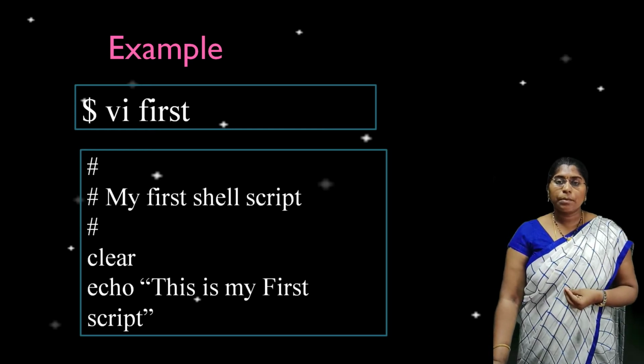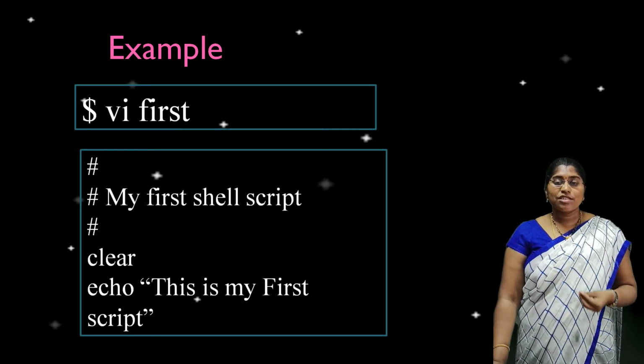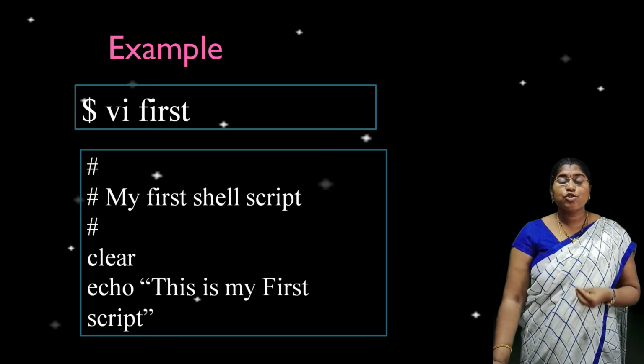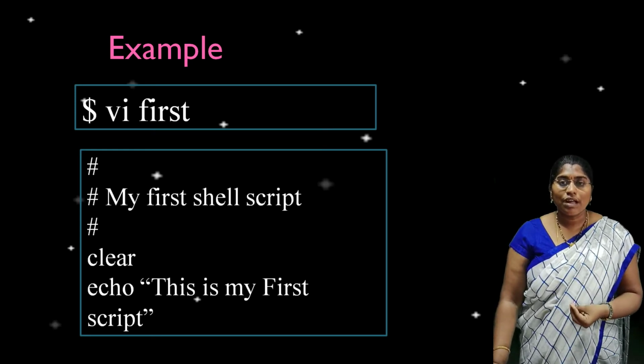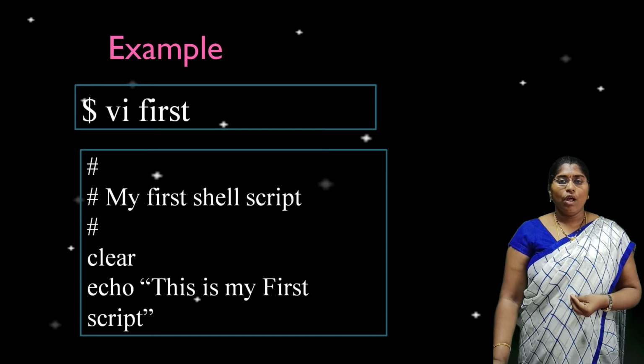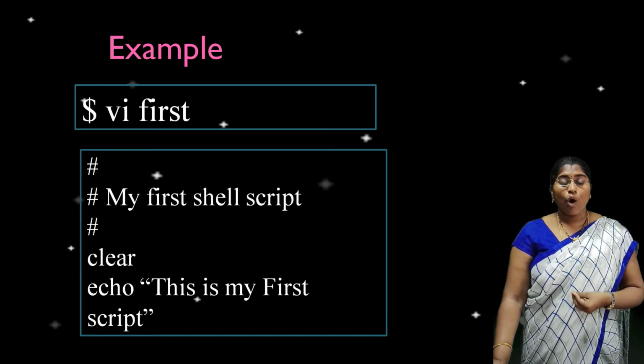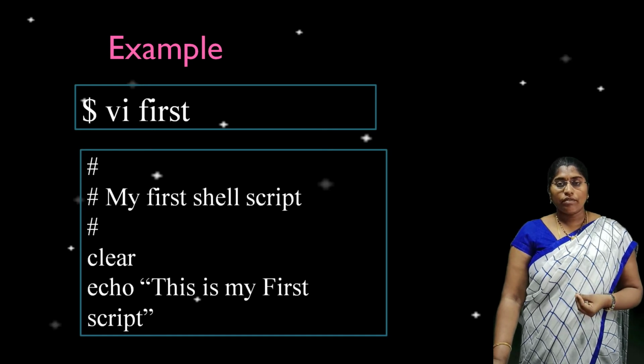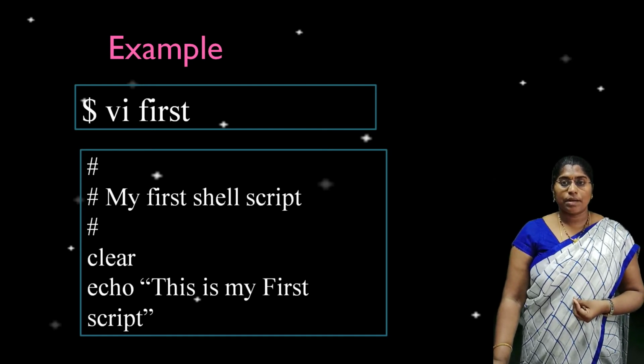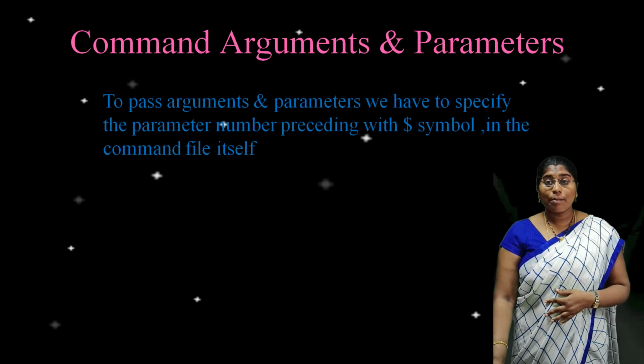Next, you can run your script file. So $ ./first.sh. This is the representation for running the first script file. This is the best example of how to create a new script file, how to set the permissions to the script file, and how to run the script file. Next, the topic is command arguments and